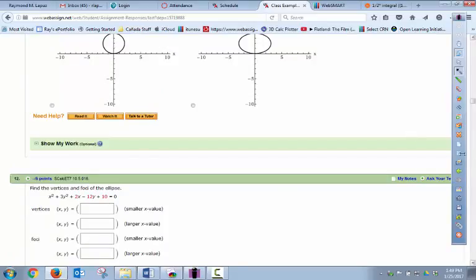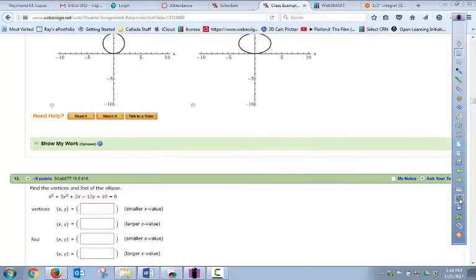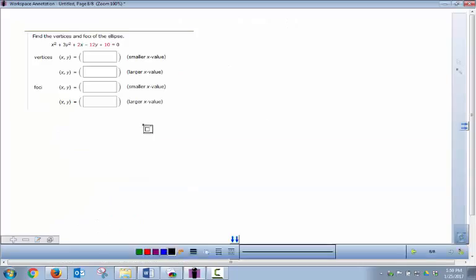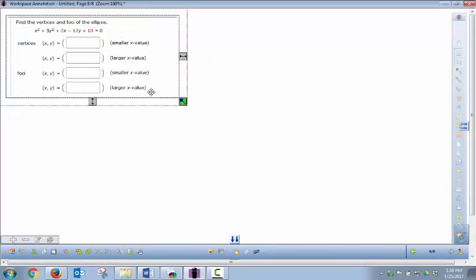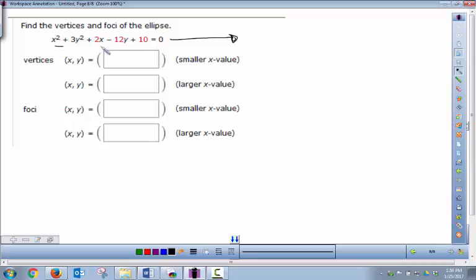All right, here's a good one. I don't know if good one is the word for this. Looking for vertices and foci. Yeah, so I don't think we're going to finish this, but let me just start off by talking about completing the square, because it all really boils down to completing the square. So you want the x's together, and if you have the option to bring the constant to the other side, go ahead and do that. X's together, the y's together,